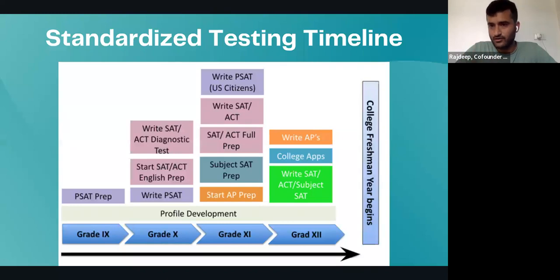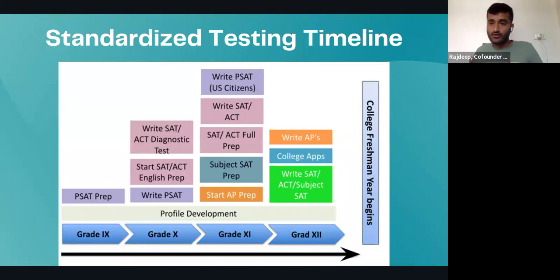And by May, you write your final exam. However, if you're a CBSE and ICSE student, then your boards are happening in March, April. So you might as well do maybe May of that year, right? So depending on which curriculum you're doing, all these things would change. And hence, we can have a discussion one-on-one, but on a high level, that's how you should be doing your